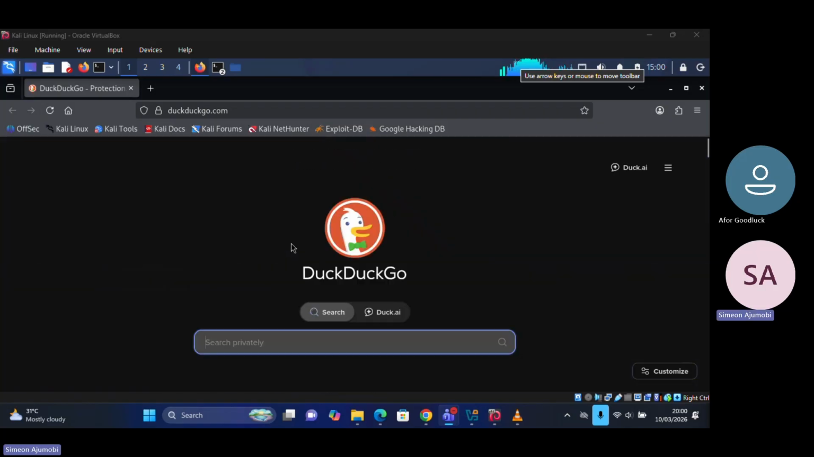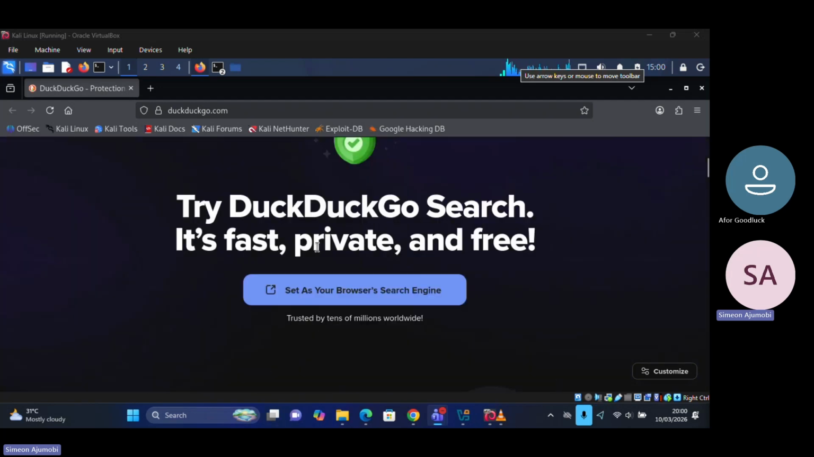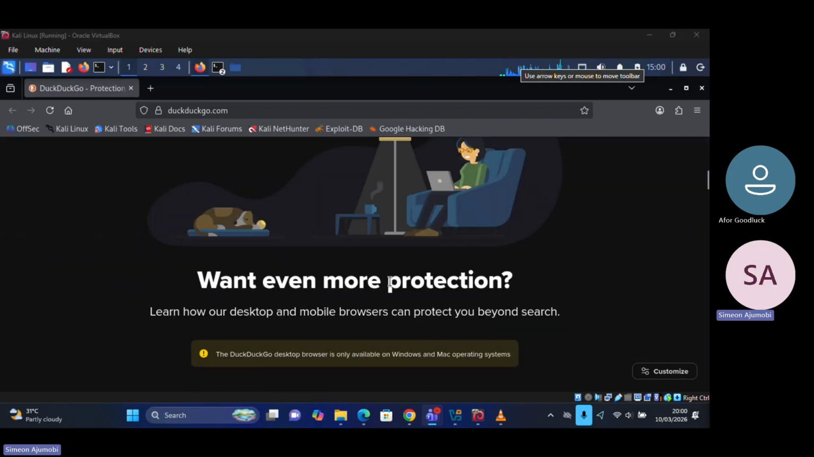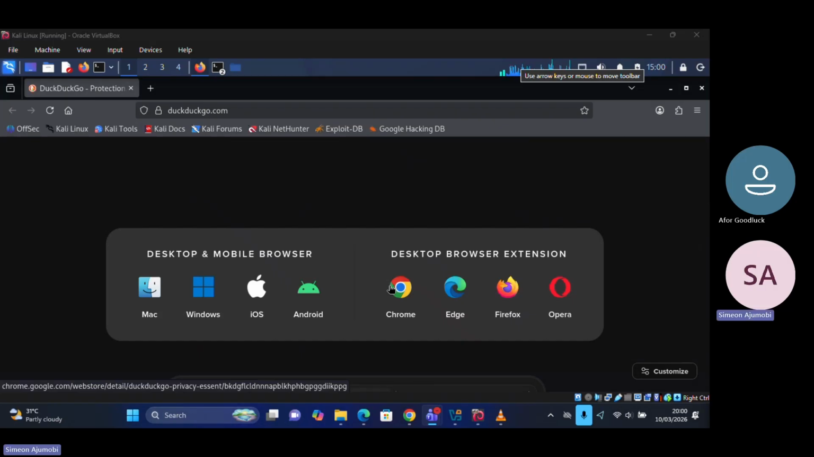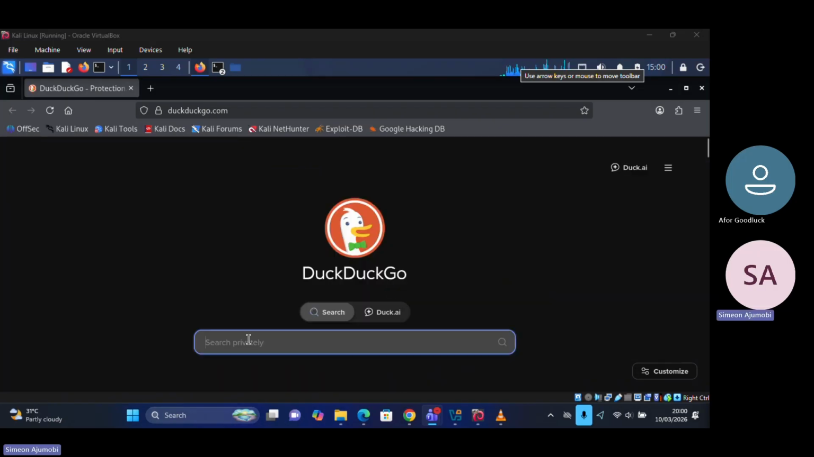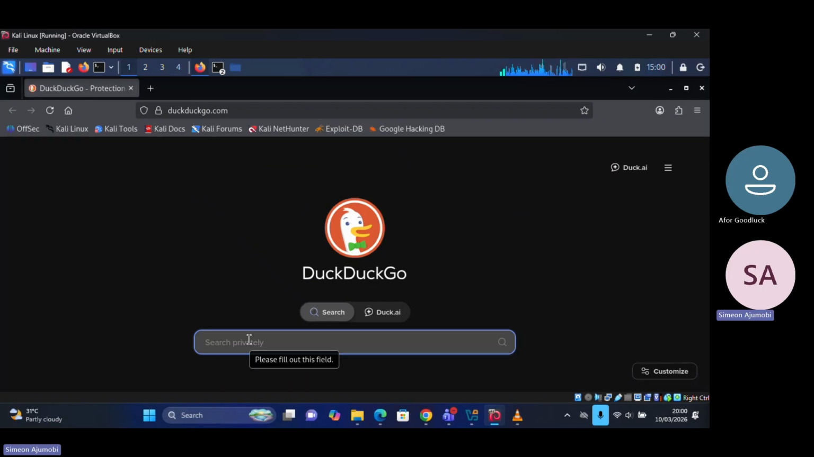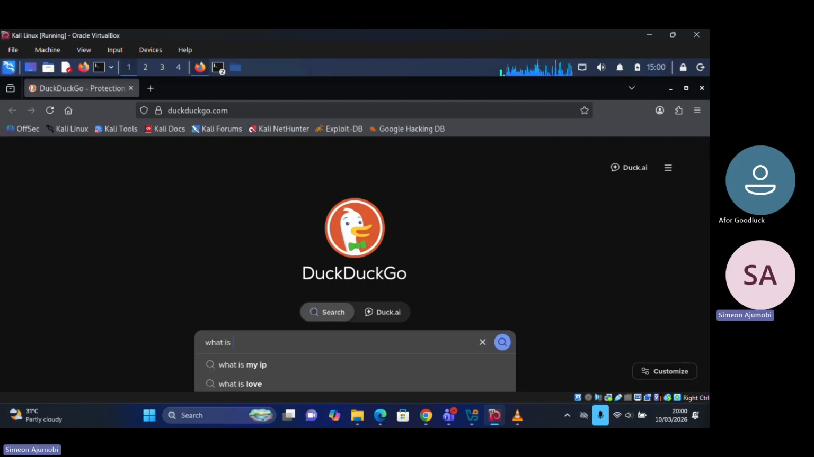If you think it's a joke, you can try it. You cannot search for this website in Google and get a response. It will not answer you. You can try it. DuckDuckGo is mainly for ethical hacking with your privacy intact. Now, let's search for what is